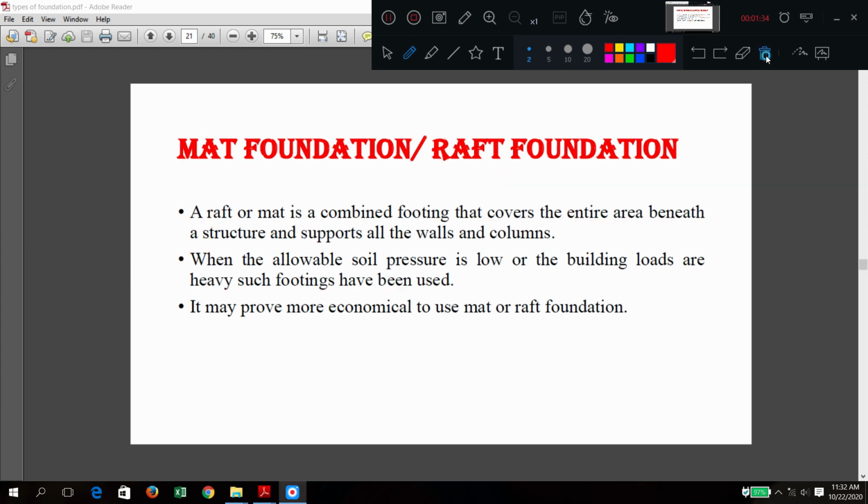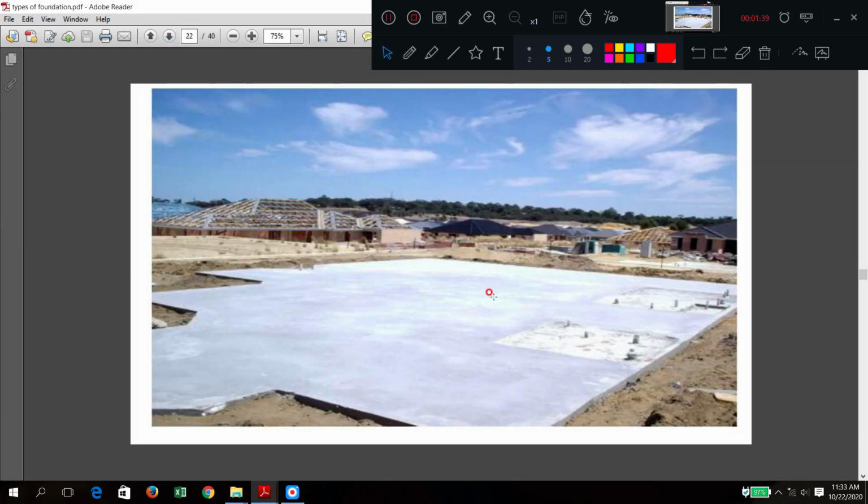Okay, now see this diagram. Over this, the total building will come. That building may have one column here, another column, like this.